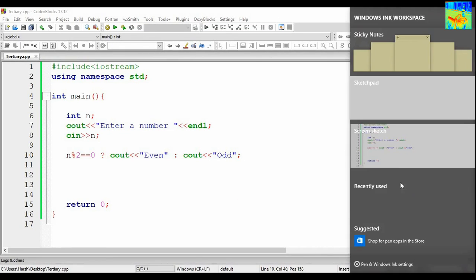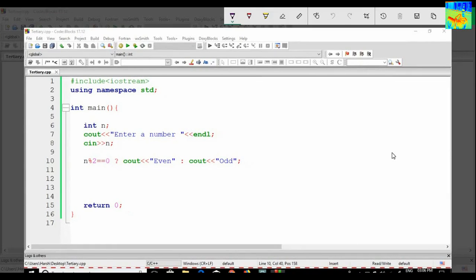So how is it working? For example, if the number is 5, I will check this condition. 5 mod 2 is not equal to 0. So this condition is false. So I will come here. The condition is false and I will print cout odd.